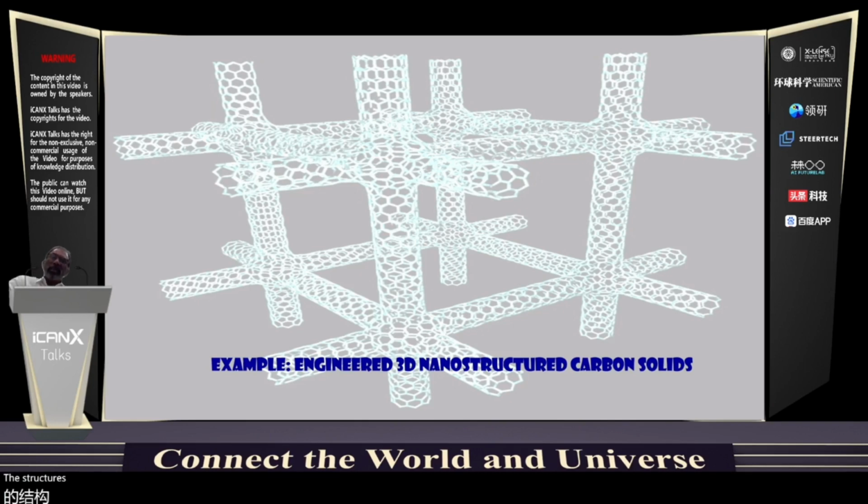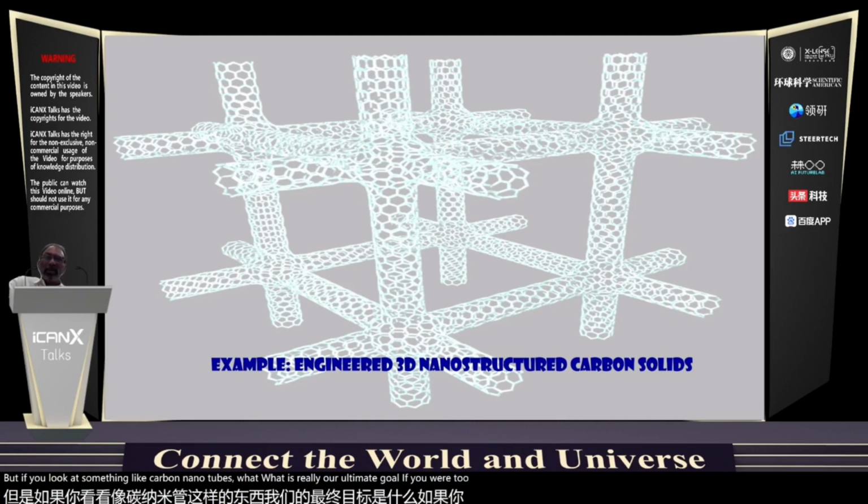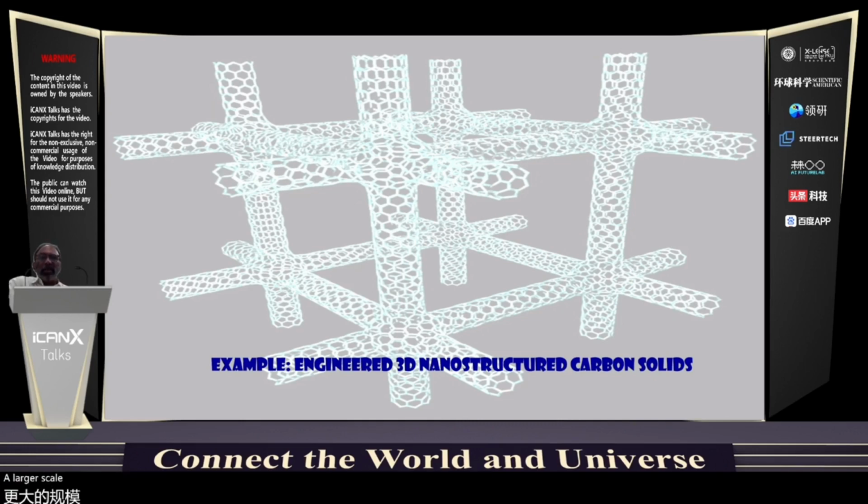But if you look at something like carbon nanotubes, what is really our ultimate goal if you were to build larger scale architectures from these building blocks like nanotubes? What you're seeing is a schematic, a theoretical design